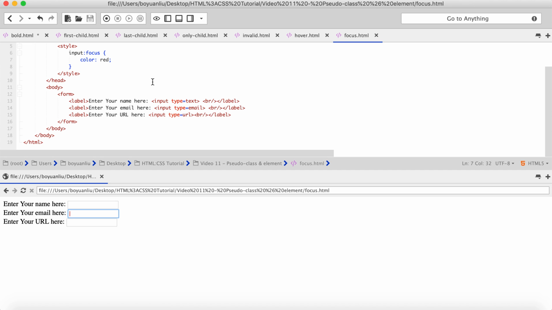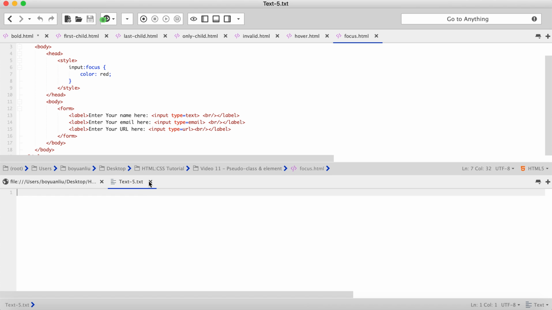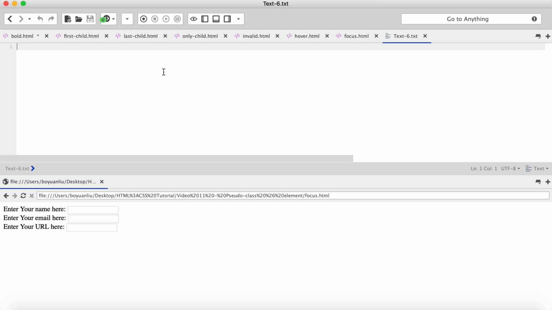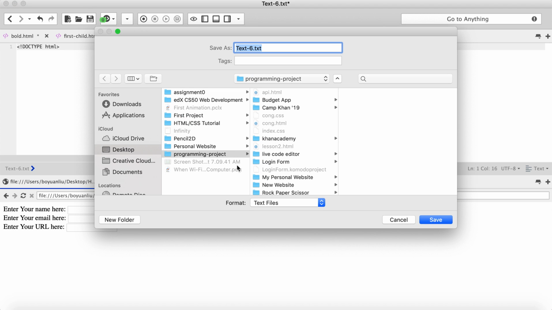And so I talked a lot about pseudo classes. And if you take a look here, which is %20, %26, %20, that means some symbol, by the way. But we also need to know some elements. So now I'm going to create a new file. Let me create a doctype first. And I'm going to save this